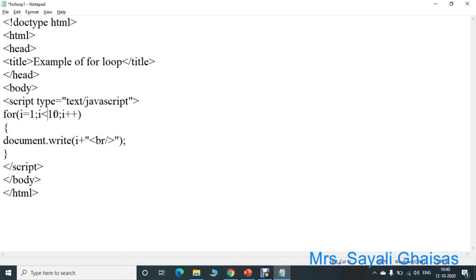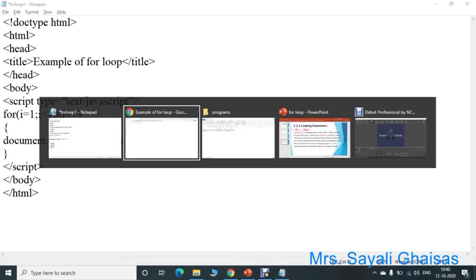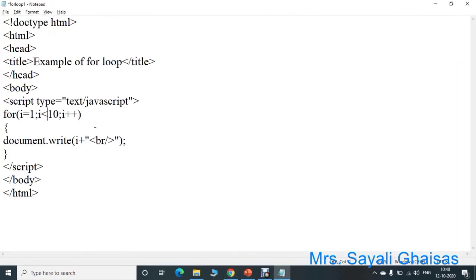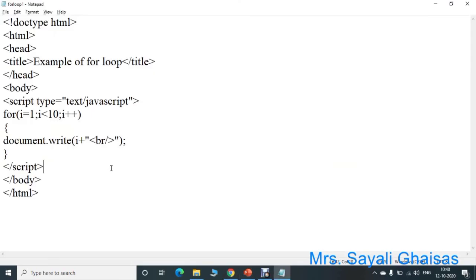For value 10, 10 is not less than 10, so the loop will exit, and values will print as 1 to 9. So see here the output. Save the program and execute it. See here, 1 to 9, because for 10 the condition becomes false.